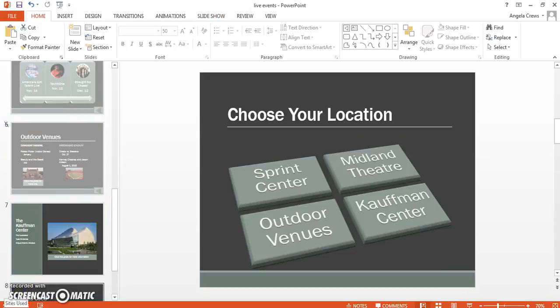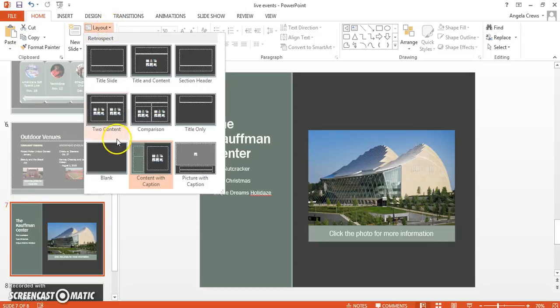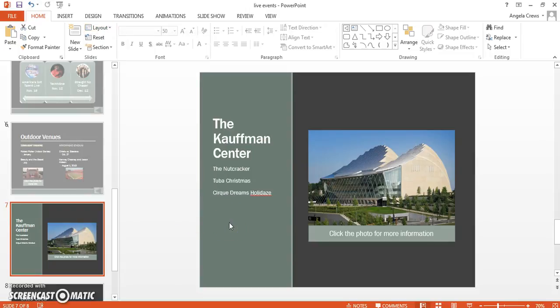Okay, what I'd like for you to do is come up with another venue. I chose the Kauffman Center, and you sure can do that as well. That might not interest everyone. And then kind of talk about some of the upcoming events there and hyperlink the photo. So you want to make sure you choose this layout, the content with caption. And then hyperlink the photo to the place, and then put a little note that it's hyperlinked. Also, you're going to want to hide the slide